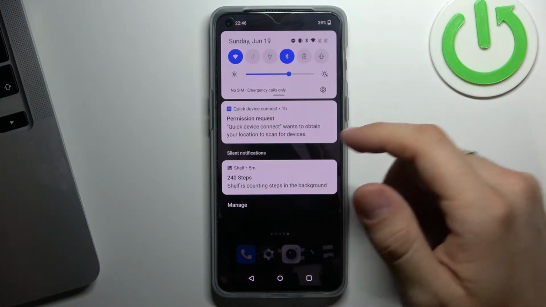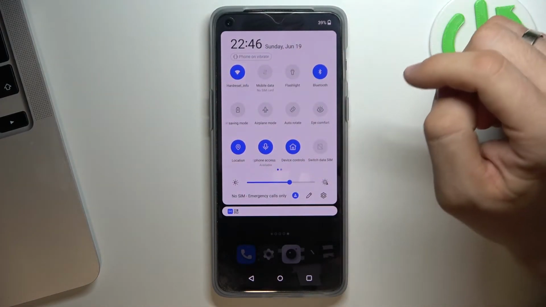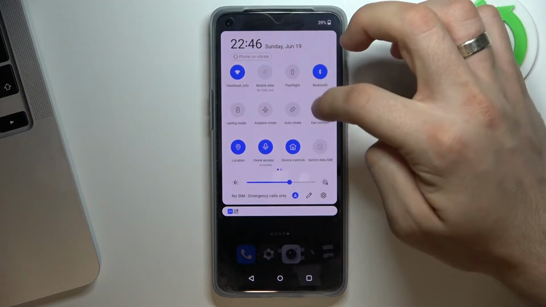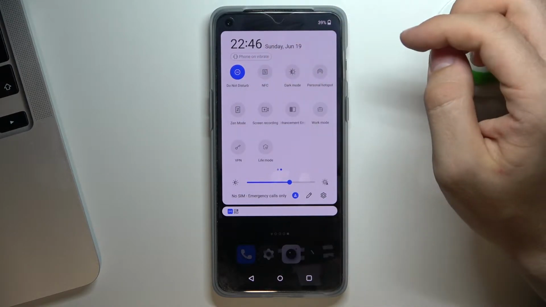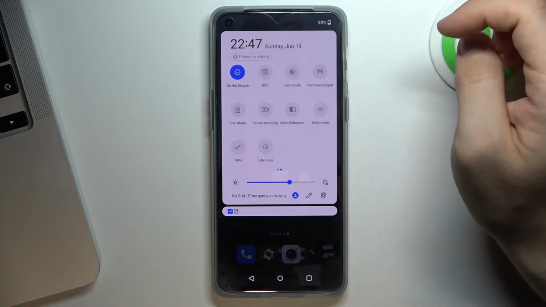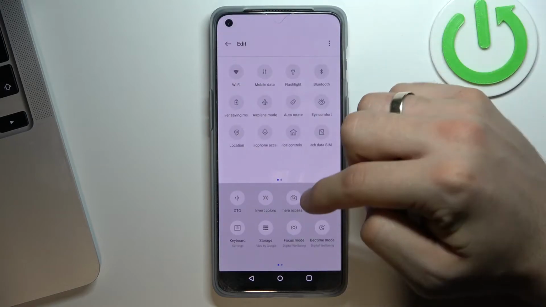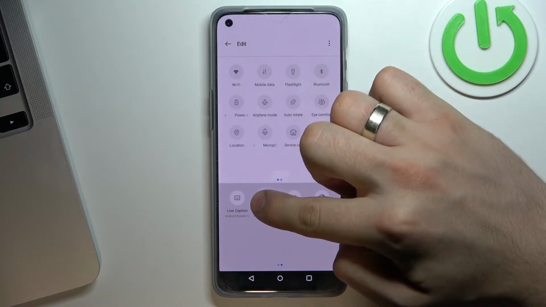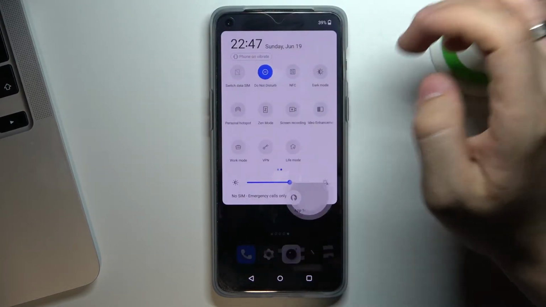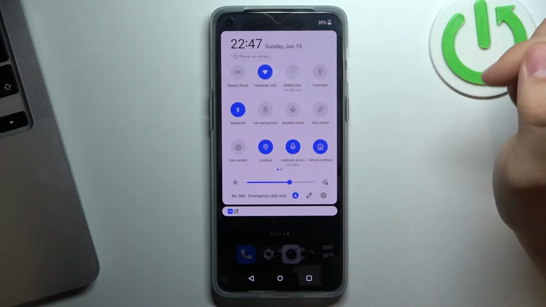So firstly, just open Control Panel, enable Wi-Fi, Bluetooth and location services, mobile data if you have a SIM. Then find here Nearby Share option. If you can't find Nearby Share, just click on the pen button, find Nearby Share here, click and hold on it, drag to top part of your control panel, and then you will see Nearby Share here on your control